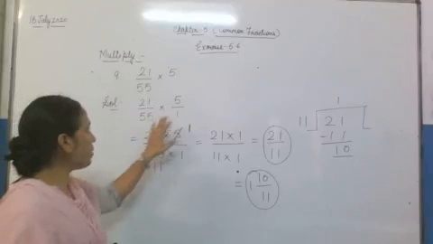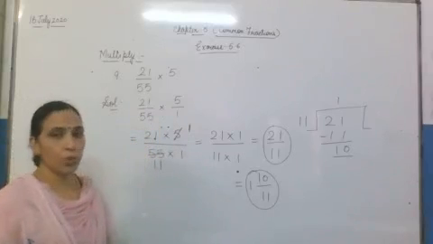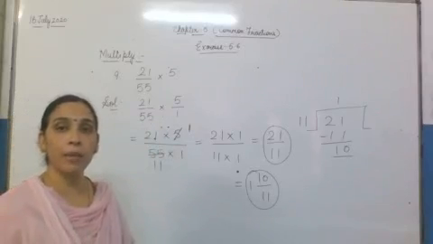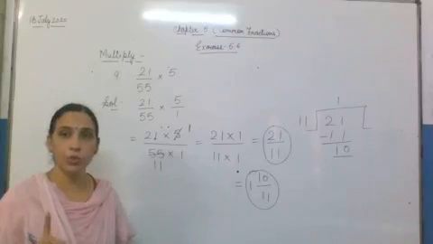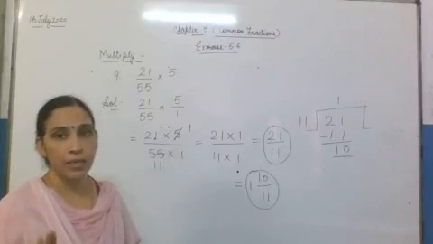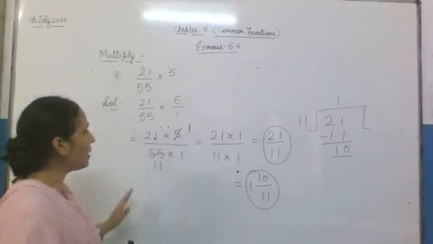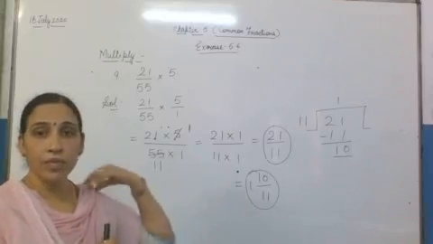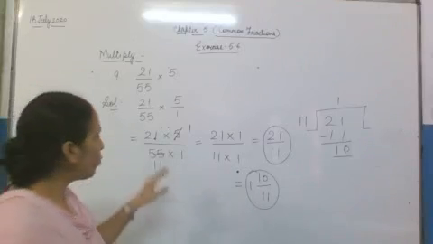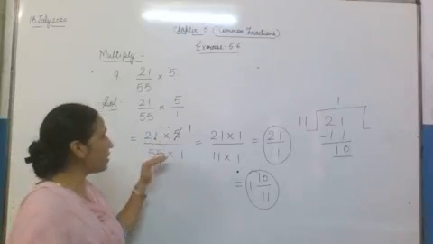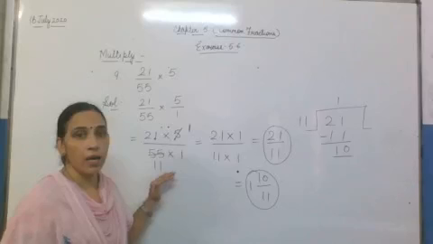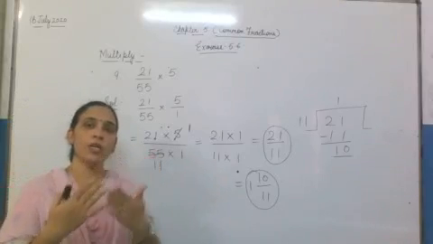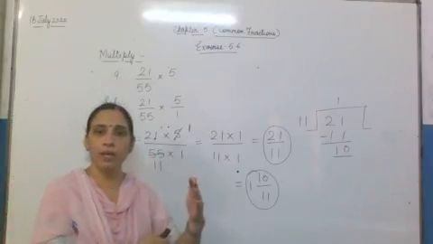After writing 1, what do we have to do next? The numerator is going to multiply by the numerator, and the denominator is going to multiply by the denominator. After multiplication, you will find it out. Once we have written this, then in this step we will find out whether the numerator and denominator have any common factor.